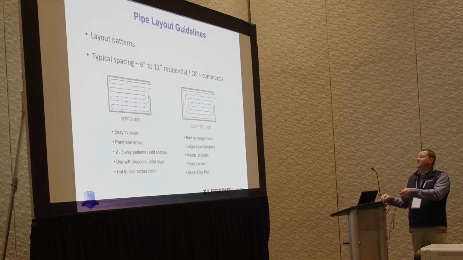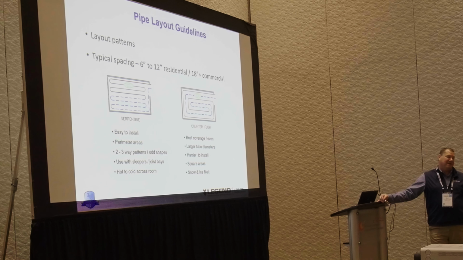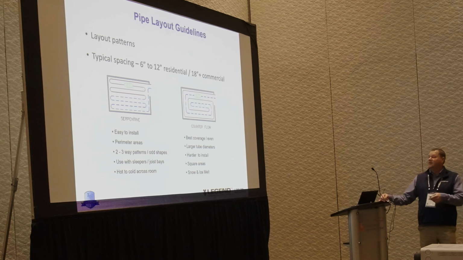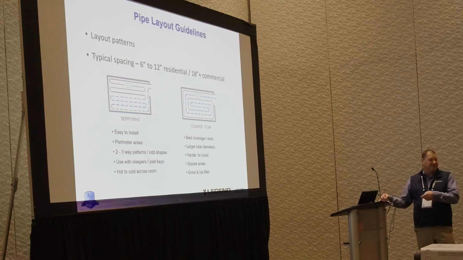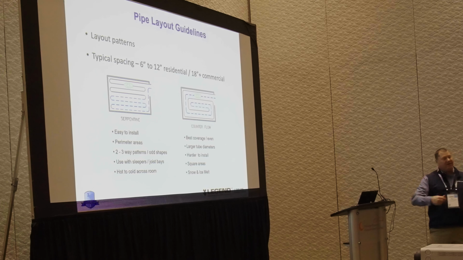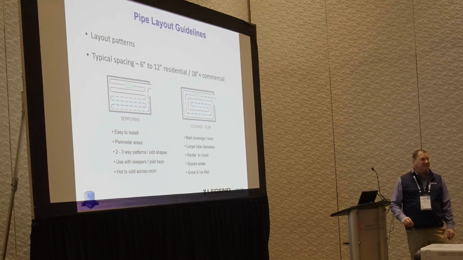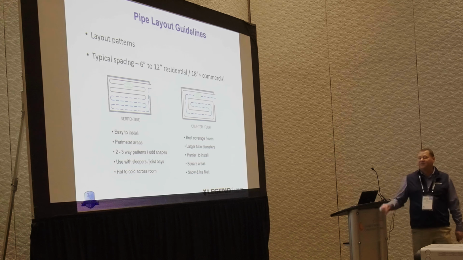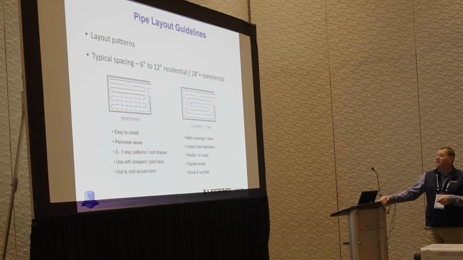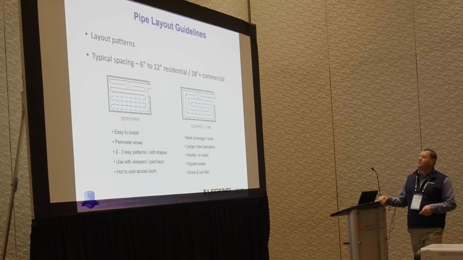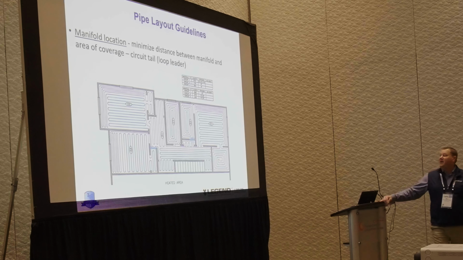But I've done a handful of designs drawing this counterflow spiral, realizing afterwards that that's how it was installed. Because that's very difficult. You're not just going to loop that thing out, loop back in, and go to the other room. It's a lot of thought that goes into that. You may have to reposition it several times. So unless somebody says, I want that, I'm going to design it that way because it's easier to install and it's going to be installed that way. Making sure your manifolds are located, going back to that,